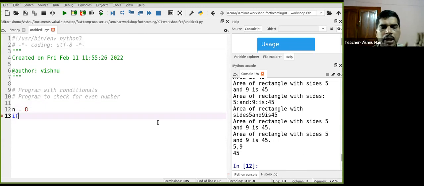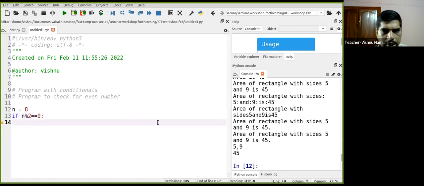So the operator called the remainder operator is required in this case. If n % 2, n percentage 2 in Python means the remainder obtained after dividing n by 2, equal to 0. That means n % 2 equal to 0 means that you divide n by 2 and you are getting the remainder equal